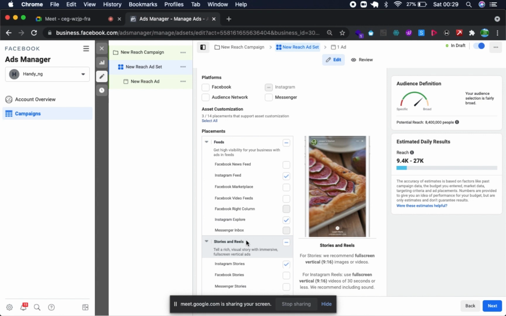For example, if you're trying to grow followers, I would advise you to create content that would be very suitable for stories rather than Instagram feed or Instagram explore. The reason is that when people look at stories, they are looking at things from people they have as friends. I probably will not look at stories of people I am merely interested in. So it's most likely people they are really interested in, so already you have their attention.